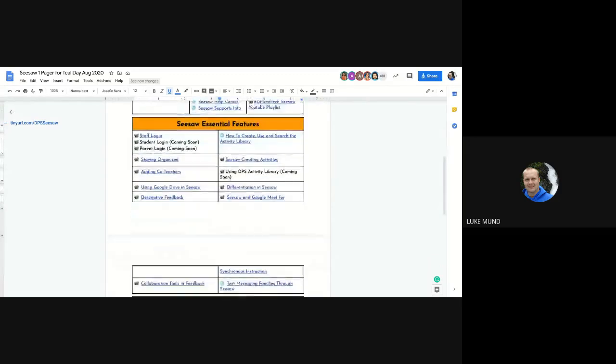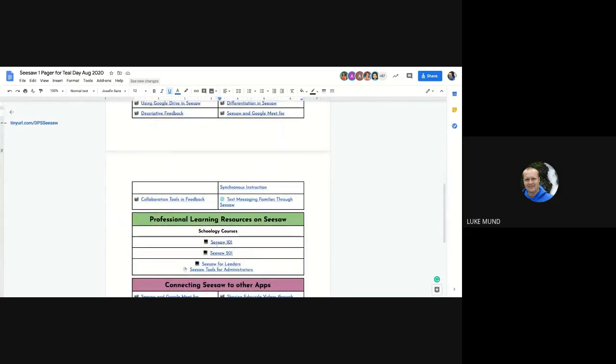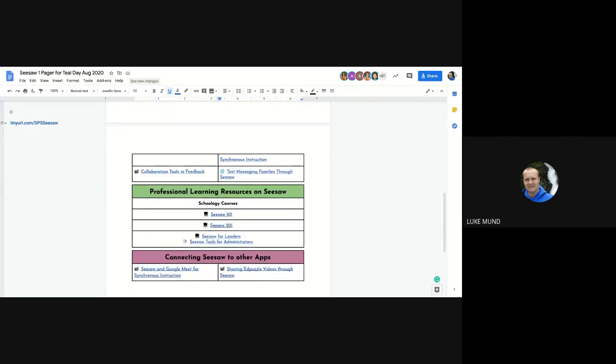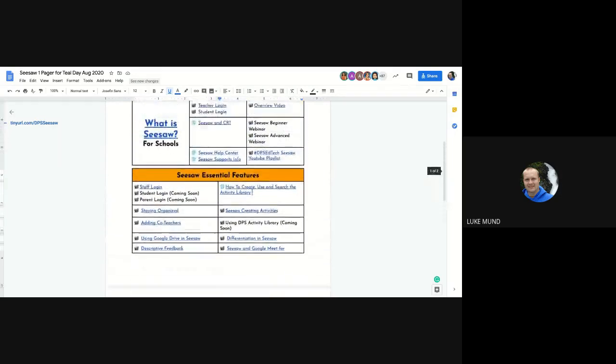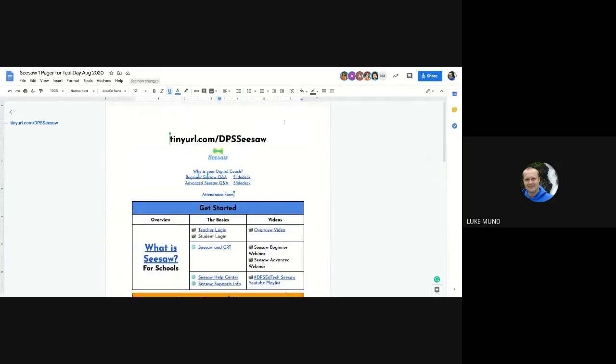We also have supporting documents for our Seesaw 101 and 201 courses, which are very similar to these live synchronous courses, but the asynchronous ones are in Schoology, and they have all of our videos put together step by step to get you launched. So if you want to refer back to Seesaw 101 or 201, we also have those asynchronously to do as you wish on your own time. But today we're going to be all together doing Seesaw.